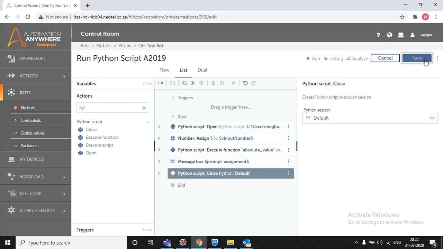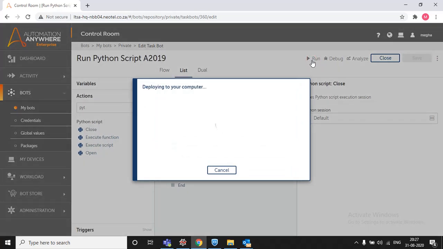So now you have to run this program. If I run it, I'll see the output variable is 3.